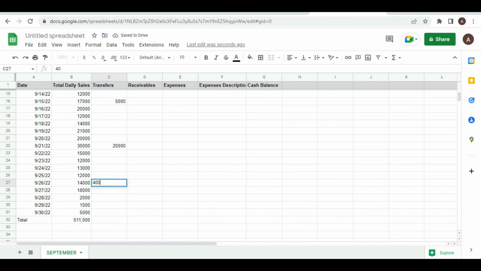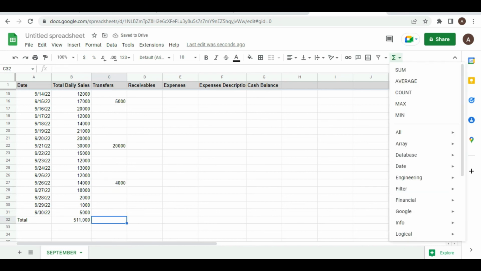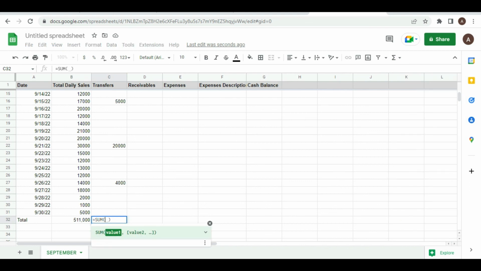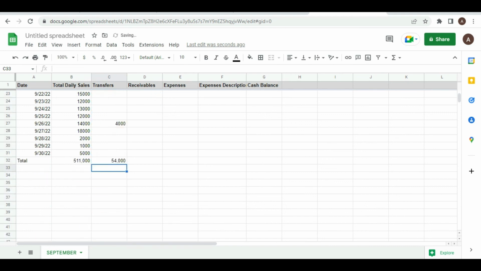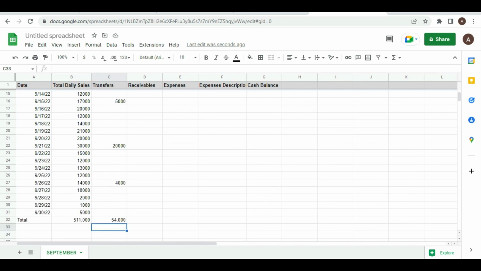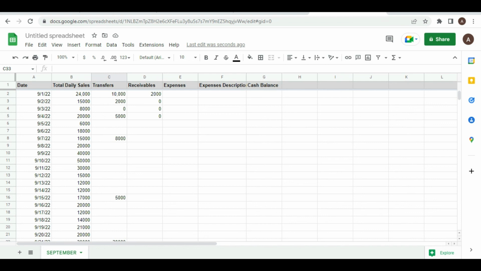Auto sum would also give you, scroll up, mark this, and these are the total figures transferred to the bank account. This will also help you carry out your bank reconciliation statement. I will also be doing a video on bank reconciliation statement very soon, so take note of that. But these transfer figures will be useful on another note.